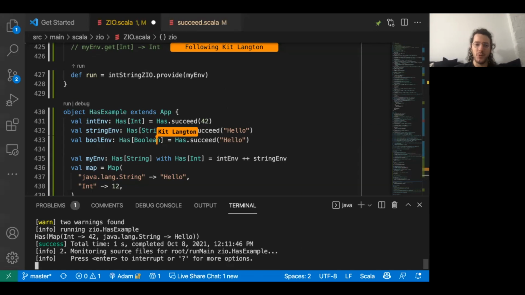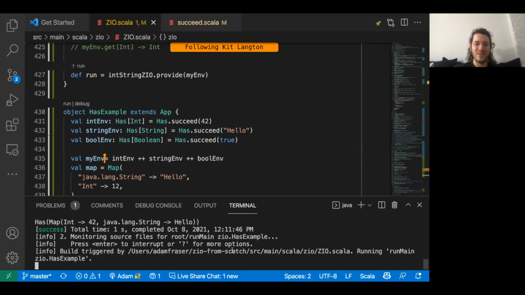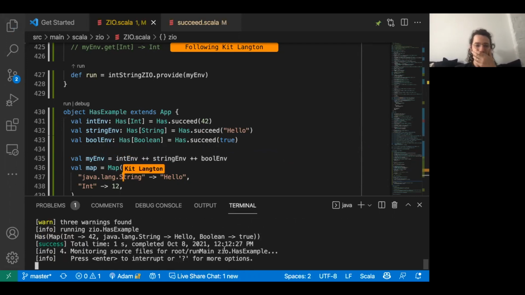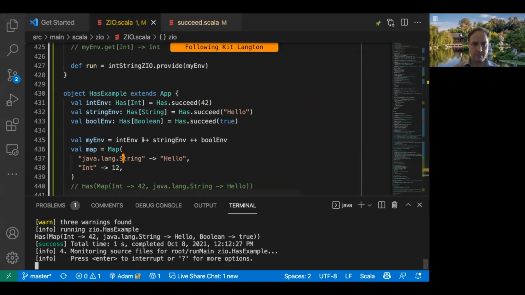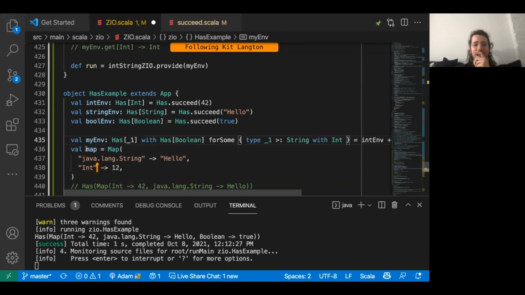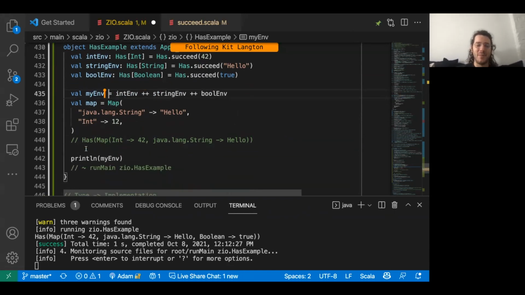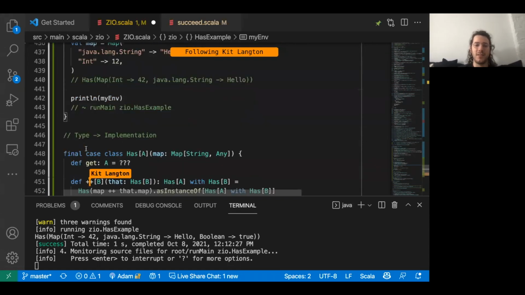If we had another Has of a Boolean, perhaps, and we tried to also do plus Boolean, could you generate the type on my end again? Ah! Something horrible has happened, and I'll delete that, and that's okay. The reason is that plus lives on a Has of A, and when we join it, we're casting it to a Has of A with a Has of B,